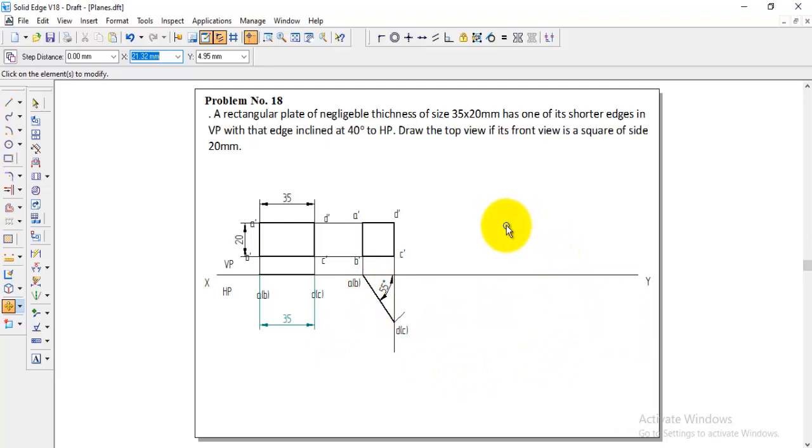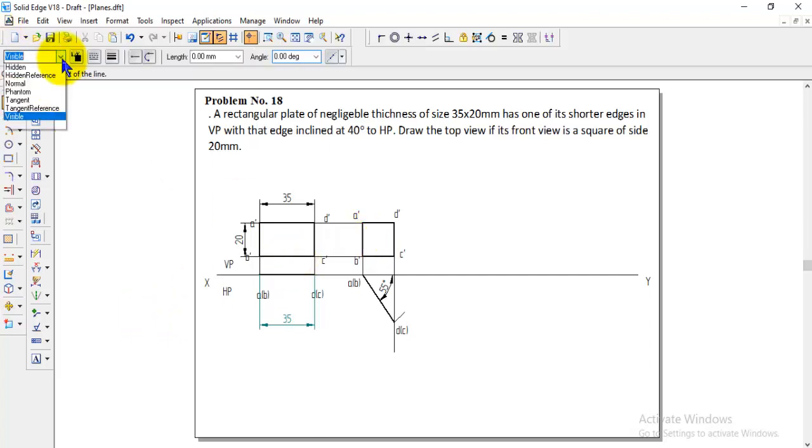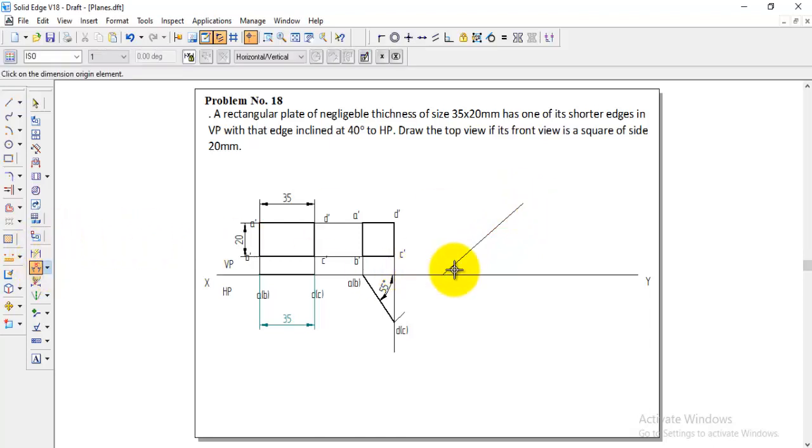And now the last step. They have given the resting side, the shorter edge, which is inclined 40 degrees to HP. So we need to draw a 40 degree line here. Go to line, normal line. This 40 degree line you can draw either on the right side or left side, that is up to your wish. I am taking the right side. 40 degrees like this I will get. On that 40 degree line we need to show the angle 40. We need to place the shorter edge. You can take the shorter edge, the resting edge AB, which we have already placed here. So that AB should be kept on this 40 degree line.